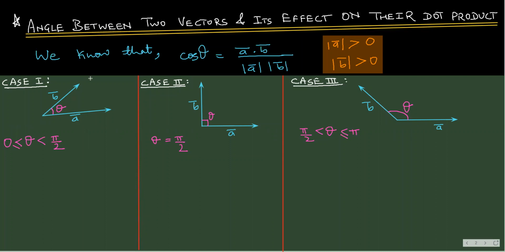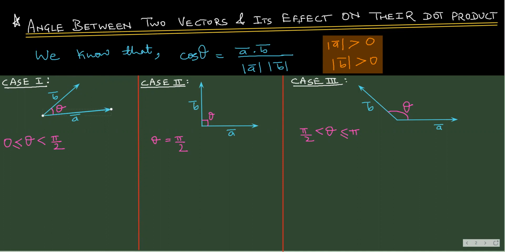The angle can be this way. See, it can be this way. Okay. This is what theta can be. Theta can be any angle between 0 and lesser than 90. I cannot take 90 degree. It has to be in between 0 and 90 degree. Okay. So this is the first case we are going to take.